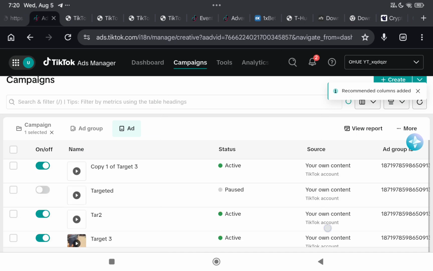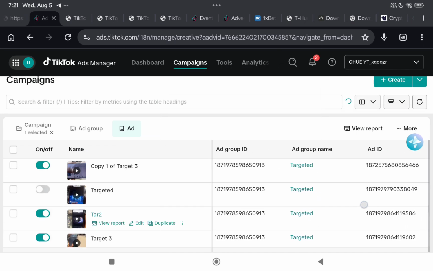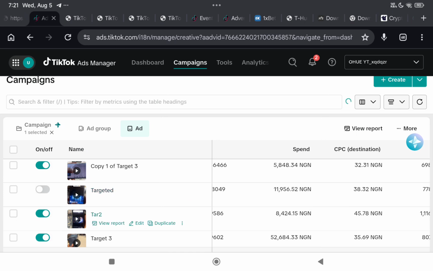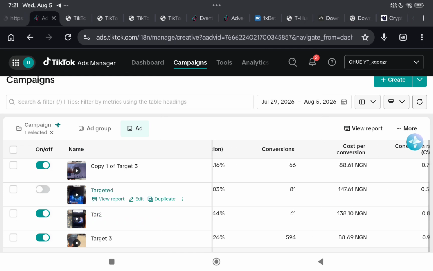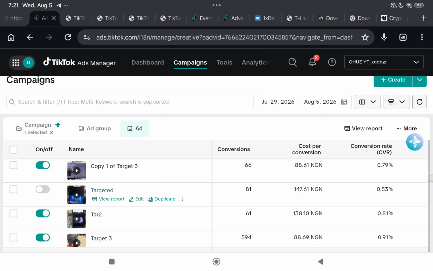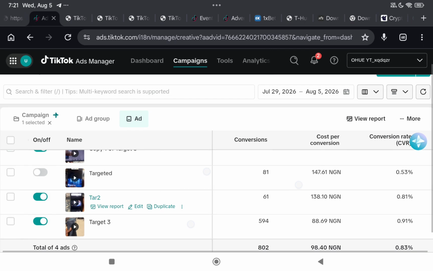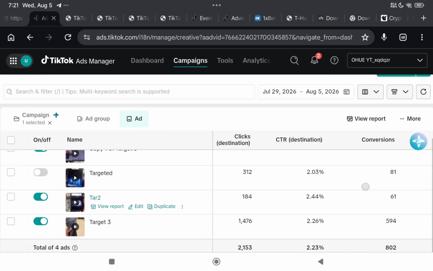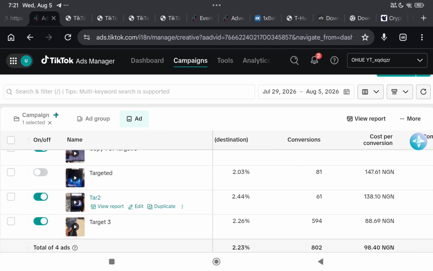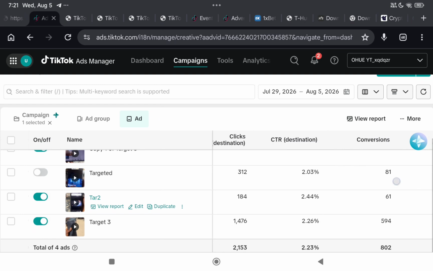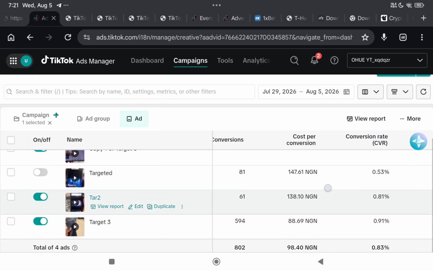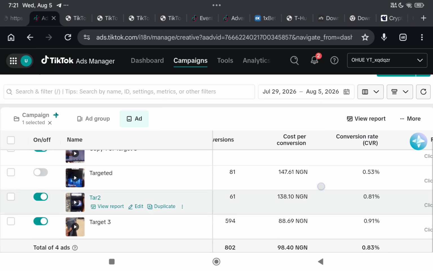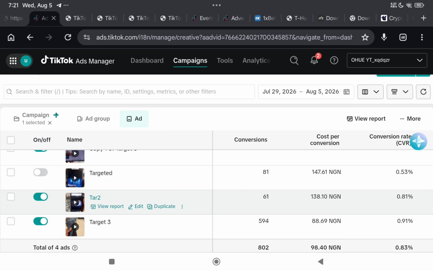As you can see, I have three active ad creatives running: 5,000, 11,000, 8,000, 52,000. And this ad is giving me massive returns. Let me show you the number of people I've gotten from this ad. This is its conversion rate: 802 persons I've gotten from this ad, and these exact 802 persons came to my DM. Nobody missed. That is the benefit of using a landing page instead of the TikTok instant form. So 2,153 people clicked, 802 people came to my DM. My cost per lead, TikTok charged me 98 naira per person. This is just how TikTok ads work.